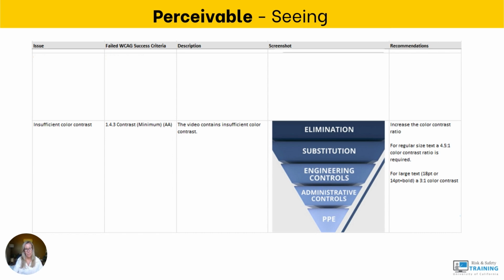So with images, many are decorative, and so therefore we can mark them decorative and we don't need to add any alt text to them. Some images, however, are not, and they need not only alt text, but they need to meet the color contrast standard. Here's an example of some feedback received from Access Ingenuity or Accessibility Consulting Service where an image failed the color contrast standard. So here you can see, here is the success criteria, the description, the screenshot of the image, and how it failed. And so we need to make sure that it meets the 4.5 to 1 color contrast